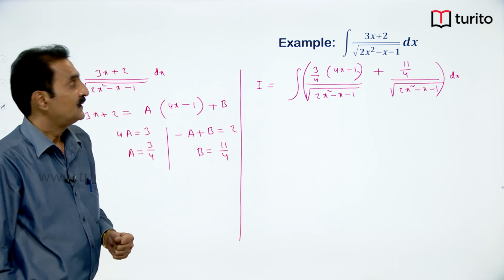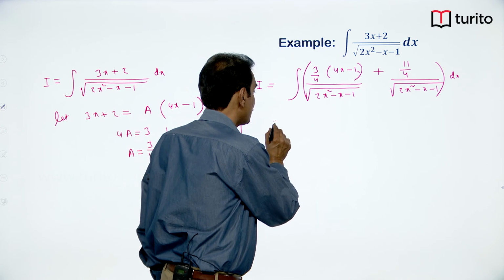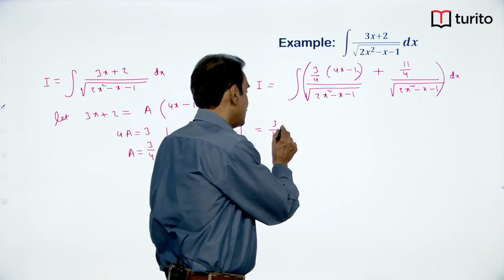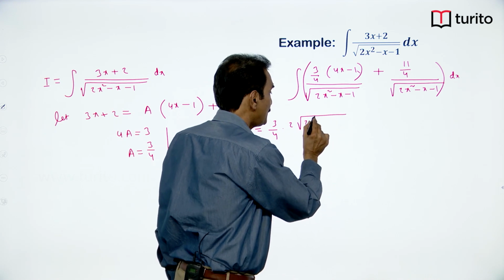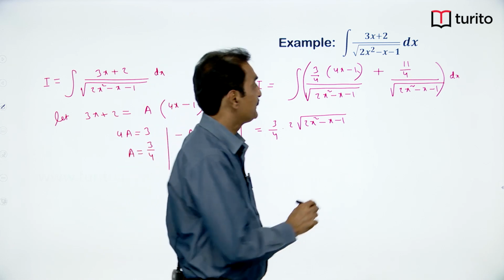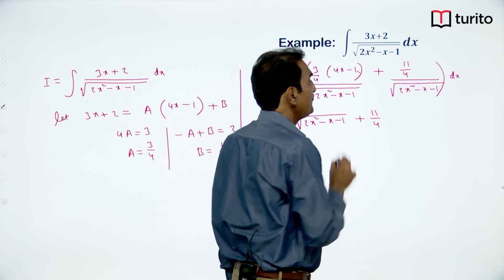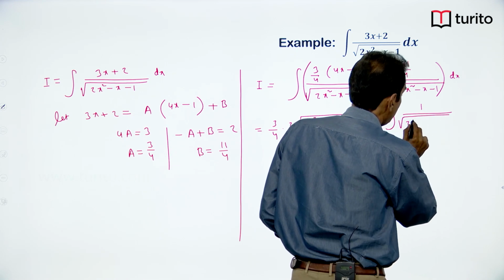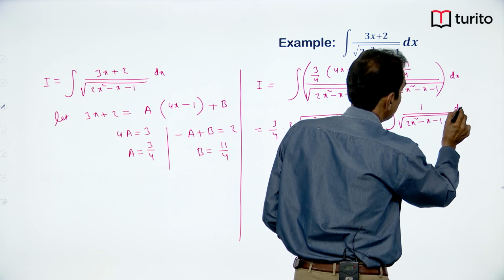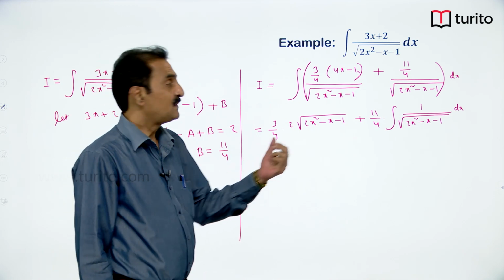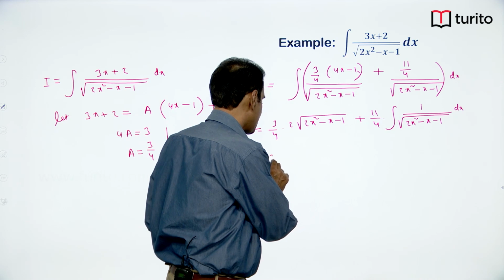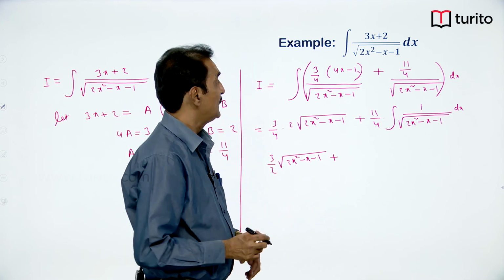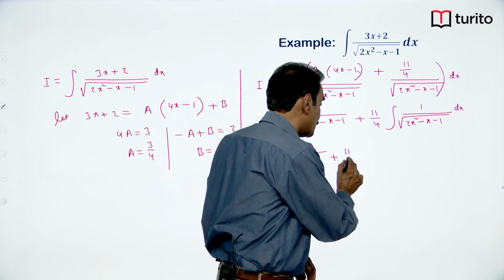Okay. Now 3 by 4 into, it is f dash x by root fx. What is it? 2 root fx, that is 2 root 2x square minus x minus 1, plus 11 by 4 into the integral of 1 by root over 2x square minus x minus 1 dx. Okay. Now what is the method to integrate this? The first term is as it is, 3 by 2 into root over 2x square minus x minus 1, plus 11 by 4 into